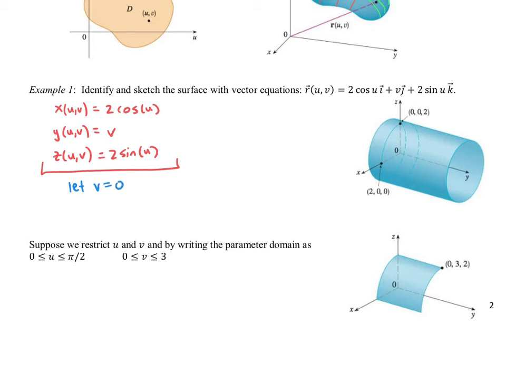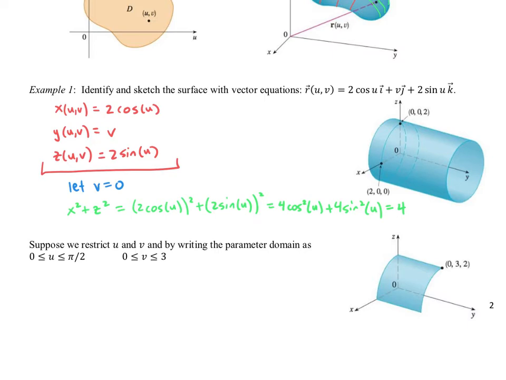If v equals 0, and we're looking just at x and z, and we were to take x squared plus z squared, that would give us 2 cosine u squared plus 2 sine u squared, which gives us 4 cosine squared u plus 4 sine squared u, and we can see this trig identity would equal 4. In other words, if v was 0, we would have a circle that had a radius of 4,